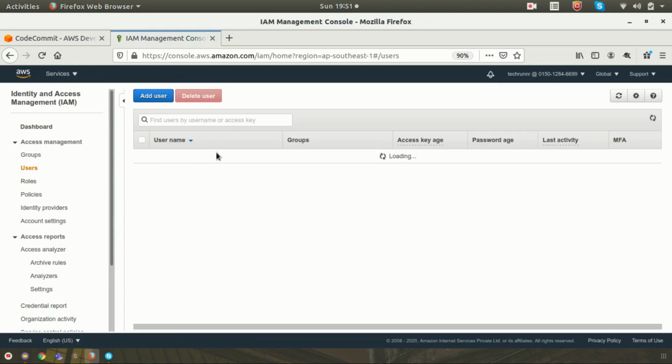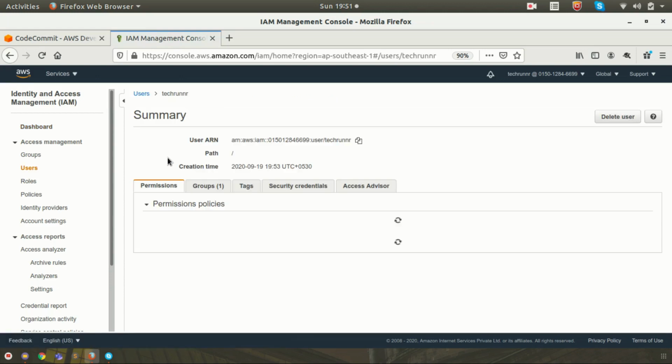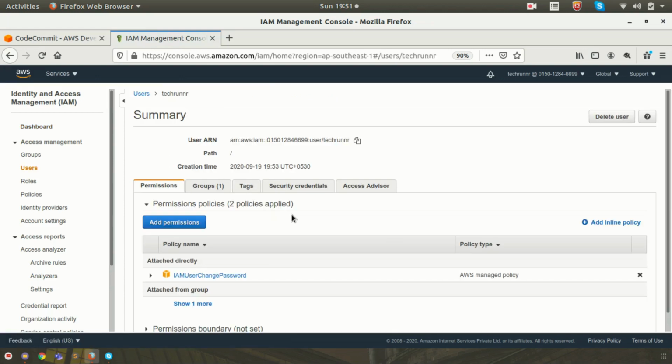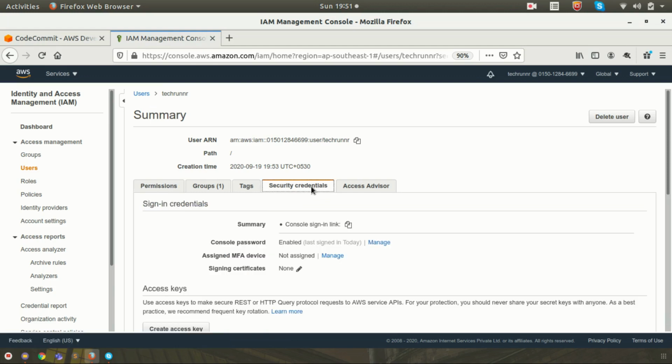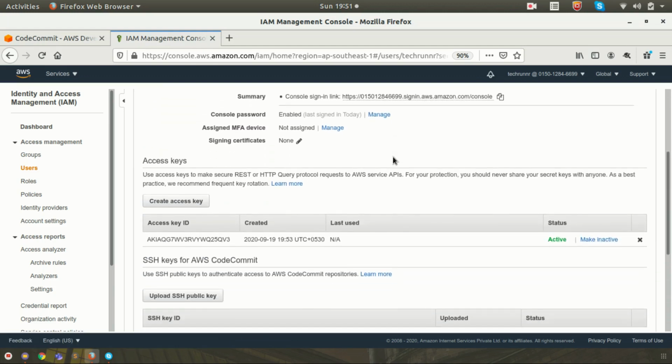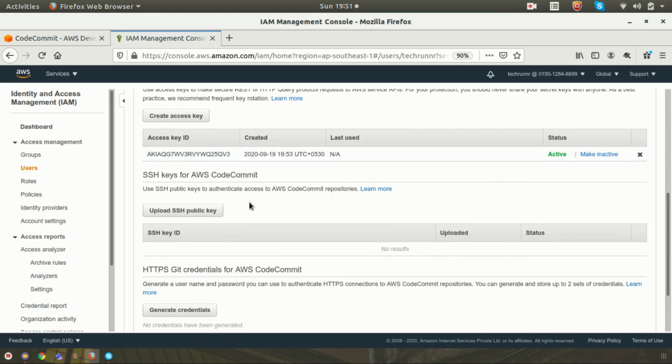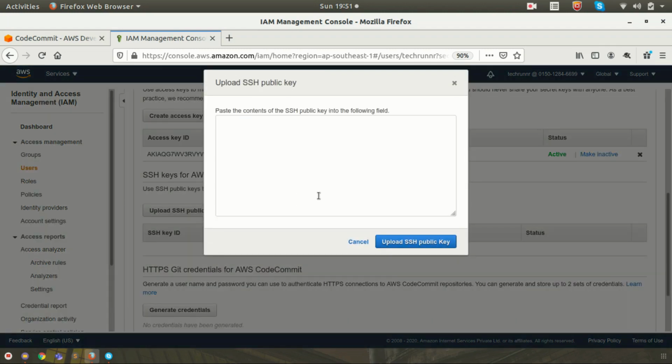I'm selecting my user. Here my username is TechRunner. If you go to security credentials, you can see a place to upload your SSH key. There is an option to upload your SSH public key. Click on upload SSH public key, and for that you need to generate your SSH key, both public and private.